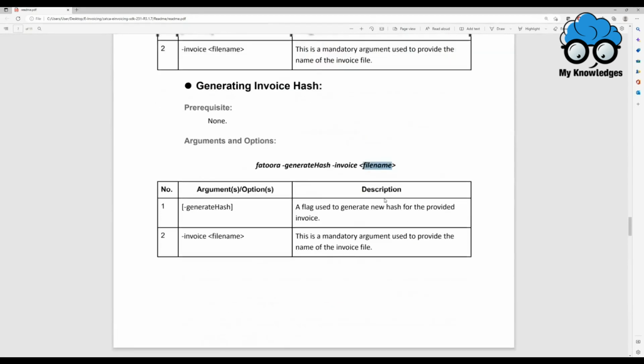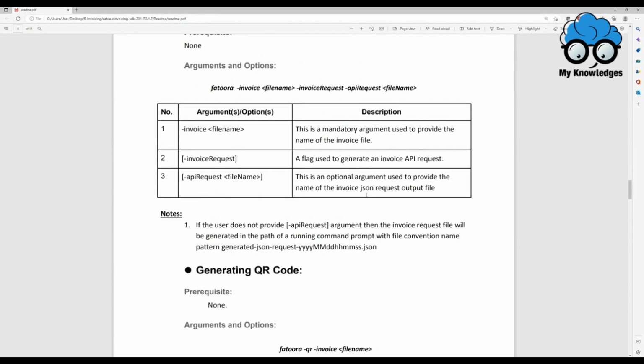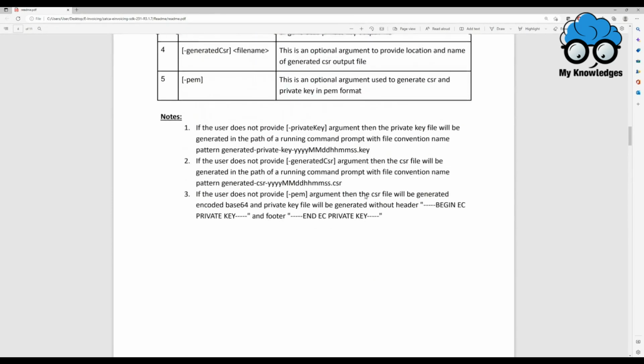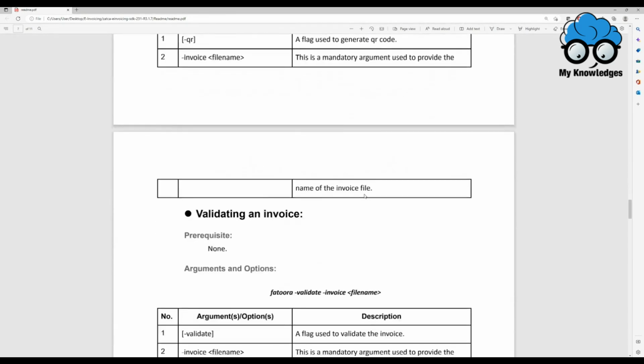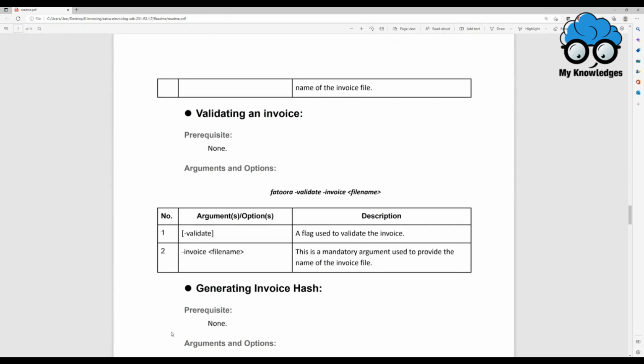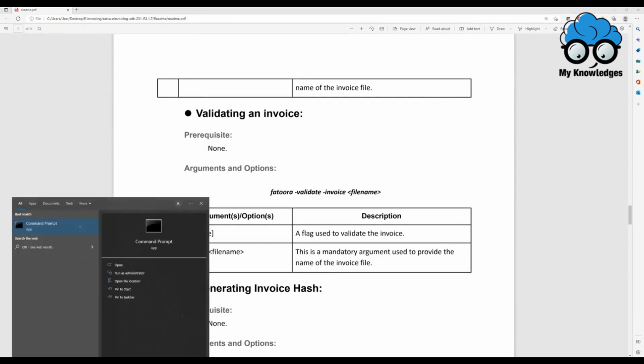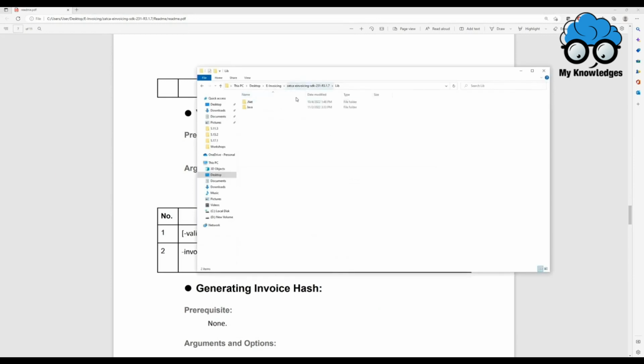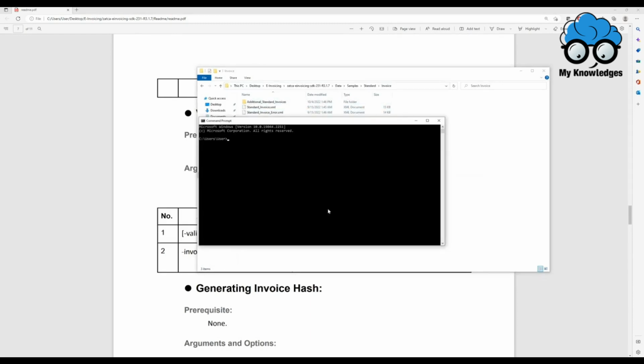Now, let's have a look at the SDK and run sample commands. So we're going to run a validate command and then a QR code generation command. If we pick this command, you're going to run the command line and then navigate to the samples that we are providing with the SDK. If you go to data samples, you're going to find various samples. I'm going to use the standard invoice. So if you go to this path,